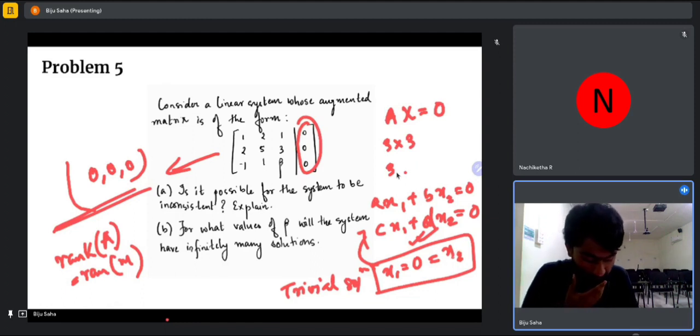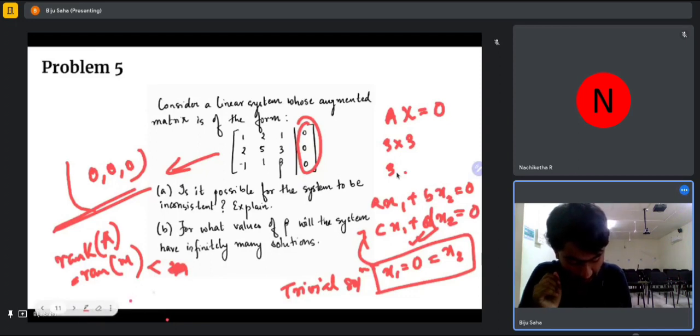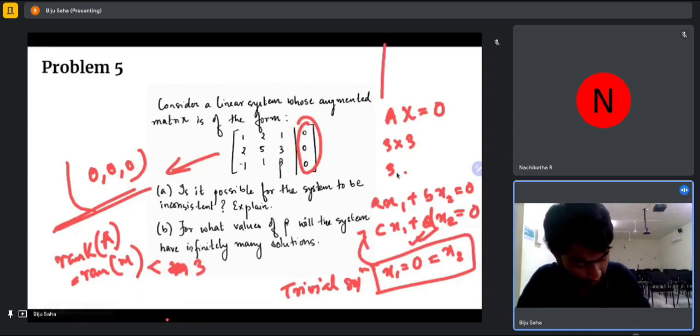For the case of infinitely many solutions, what is required is the second of the three criteria that I mentioned: the rank of the augmented matrix is equal to the rank of the coefficient matrix, but it is less than the number of variables present. In this case the number of variables is 3, so it should always be less than 3. So for this particular set of equations, what we have is,